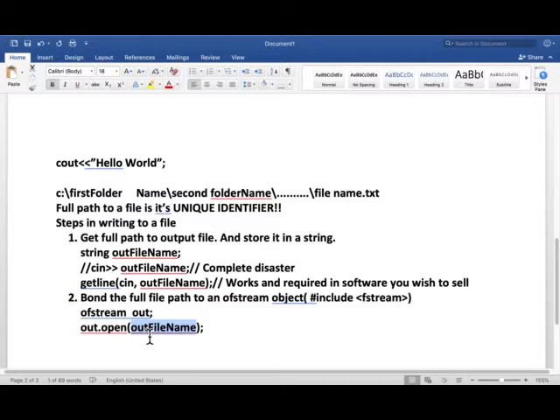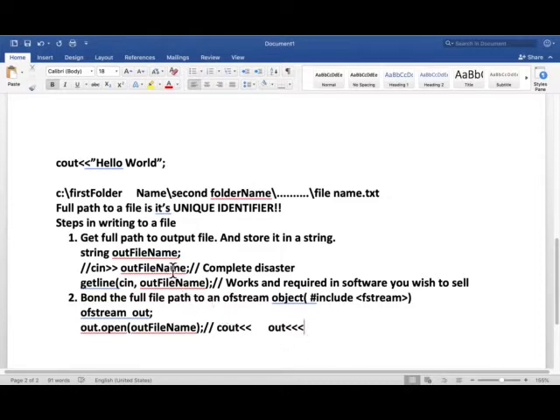which means when we start writing, out object can be used just like cout arrow arrow to write to output file. Like you use cout arrow arrow to write to console, now you can use out arrow arrow to write to file. Okay, we'll show demo on that. Okay, that's fine. In a perfect world, that would be enough, but